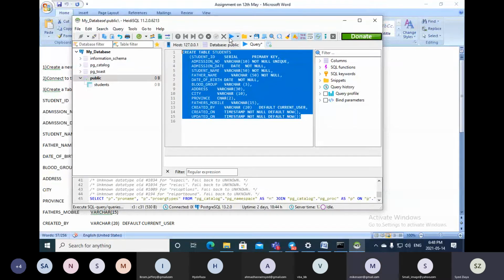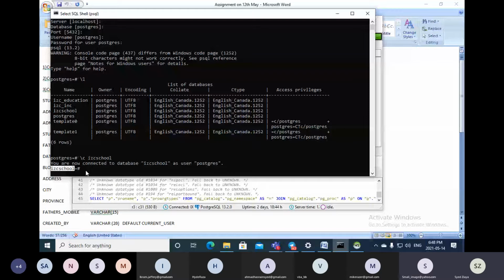Either I press F9 or I press this. So once I type this command, like in PSQL,